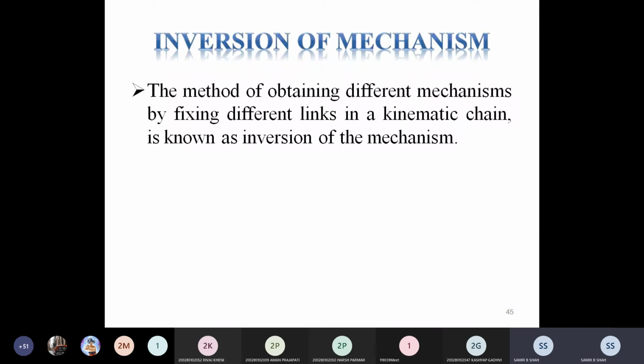Now inversion of mechanism is very important, which we will discuss in the next lecture, because it may require more than 1 hour. So inversion is a very important part that we will discuss later, and relevant to inversion, we have our first practical laboratory. So both we will take up parallelly in the lecture. So inversion we are discussing in the next